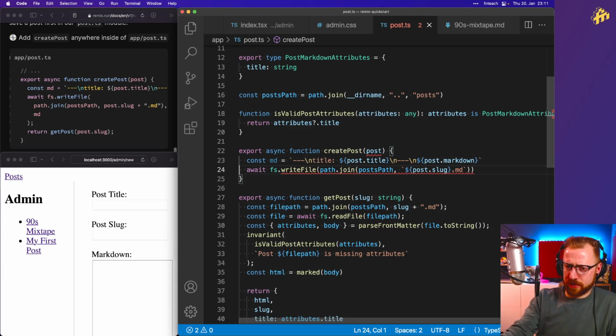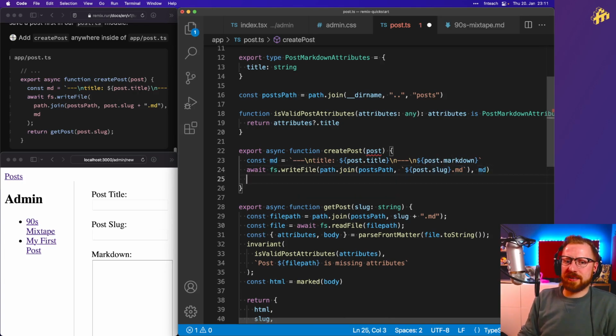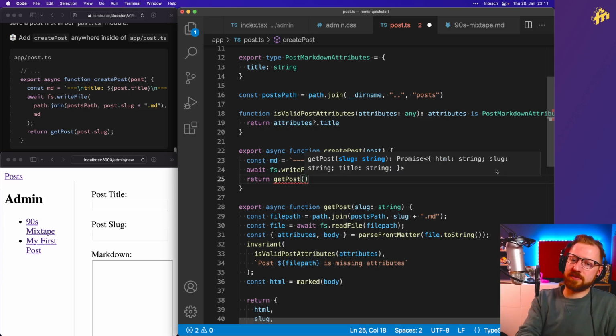And with the writeFile, of course, I also need to specify what to put in the file. I only gave it where to write the text. It's the text I wanted to write, and then I'm going to return getPost. So I'm not going to return the file I created here, but I'm going to use the helper function that I created before, which is going to check for this invariant and everything. getPost for the